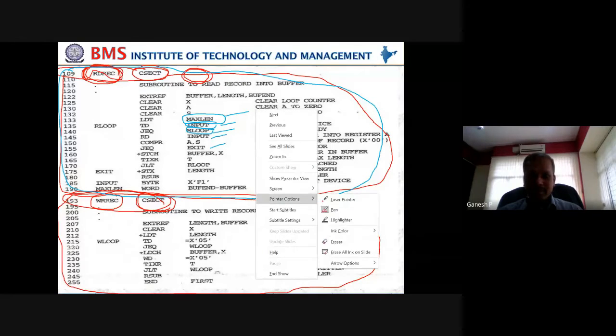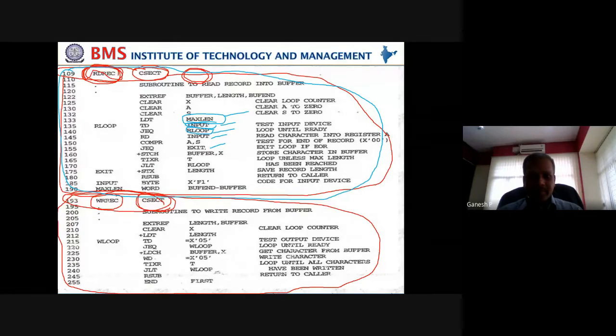Let me take another color. So buffer is not defined here. So buffer becomes external to this. Similarly, R loop defined. Length. Length is not defined anywhere in this control section. So length becomes another entity. So buffend as well as buffer.